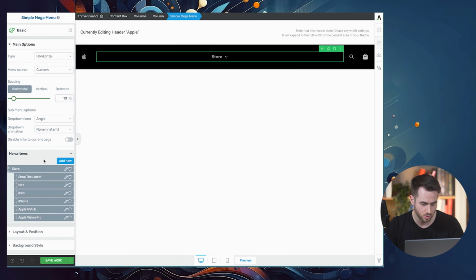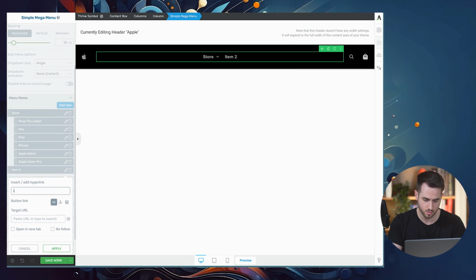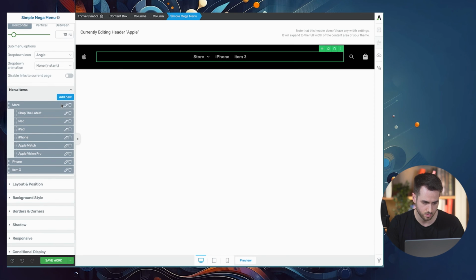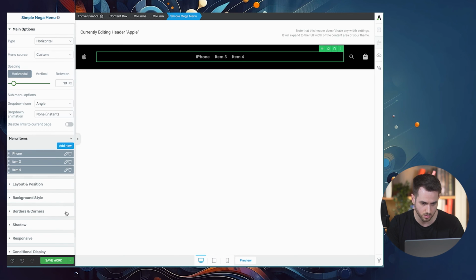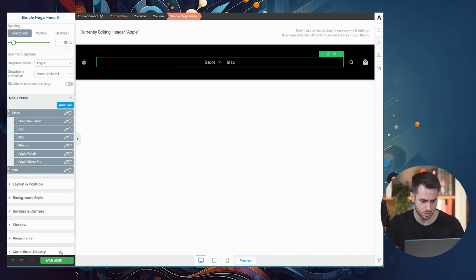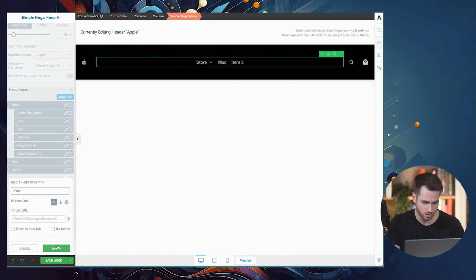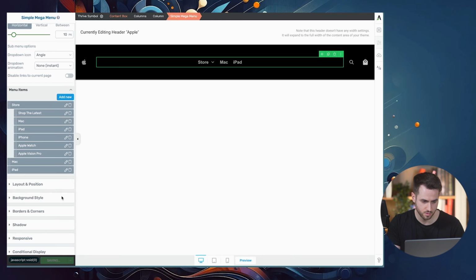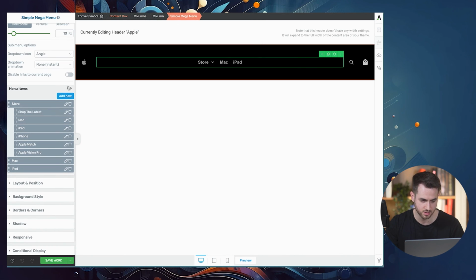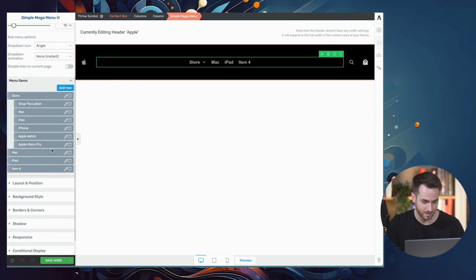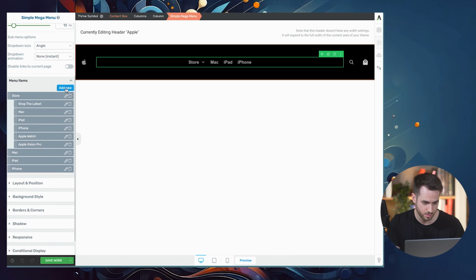Perfect. So let's do the same thing for more menu items. Let's do iPhone. Let's do, we're gonna need one for Mac. Let's just do, oh no, what did I do? I got rid of the store one. Mac. And we're gonna do, let's do iPad. Guys, do yourself a favor, hit save. Saving your work makes sure that you don't actually lose any of your progress. After these many years, I still make that mistake every now and then. All right, iPhone, I'm gonna do